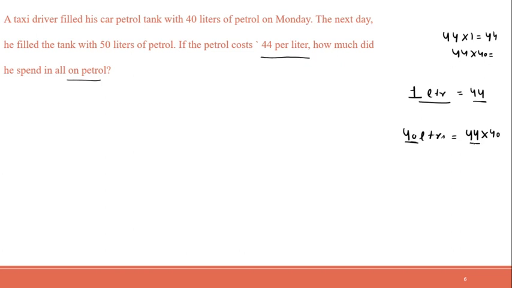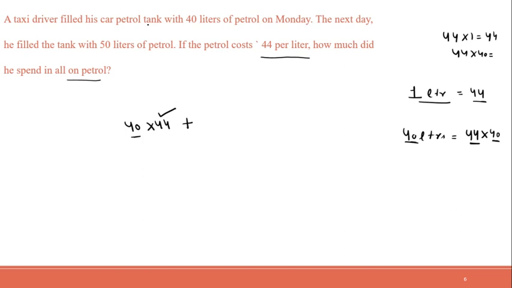So this is the cost of 1 liter of petrol, and this is the quantity which we want, right? We want 40 liters. So what we will do, this is 40 liters into 44, because 44 is the price per liter, plus this we have purchased on Monday,